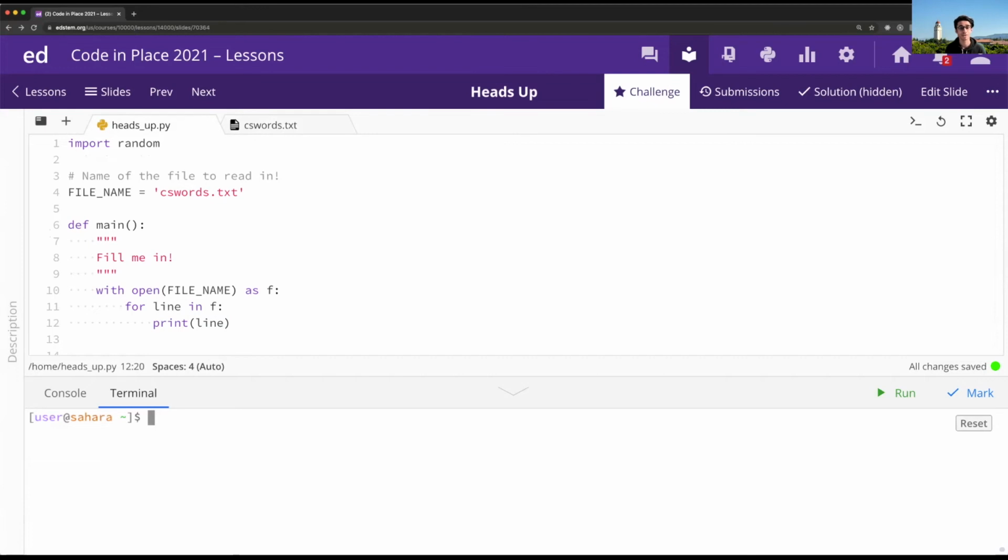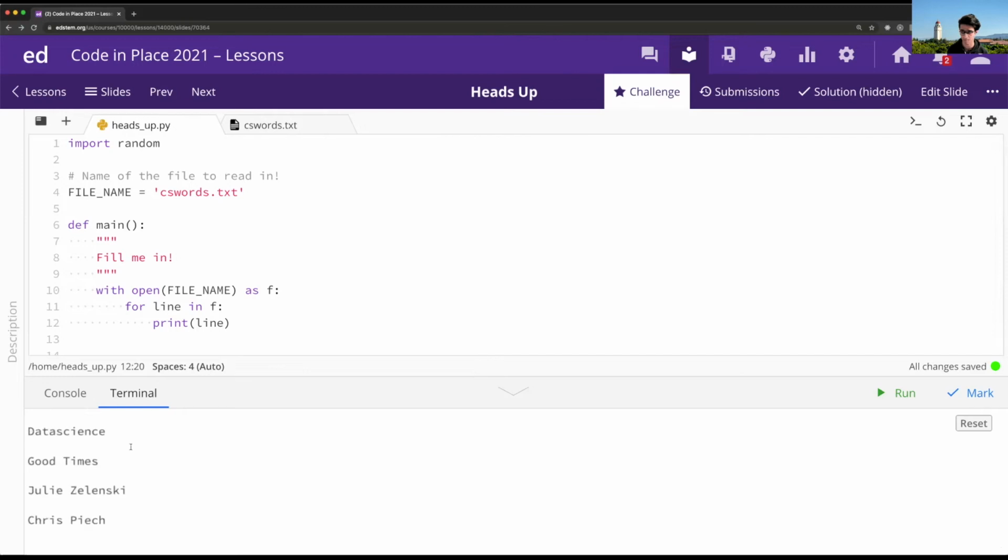All right, cool. So now that we have a sense of how Python actually reads through files, let me go ahead and run this program and show you how that happens. So again, we're just opening a position in the file. We loop through the file by looking at each line in the file one by one, and then we print it. So let's go ahead and run our program and see what's up.